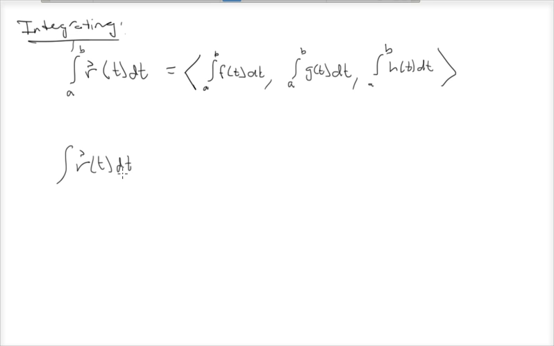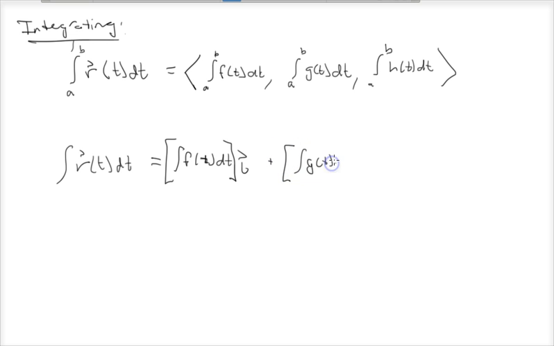So what about with a vector valued function? What we're going to need to do is, it's easier, instead of writing this out in bracket notation, to write it out as the sum of some coefficient times our basis vectors. So we're going to write this out as the definite integral of the x component with respect to t, and multiply that by our standard basis vector i. Then we add to that